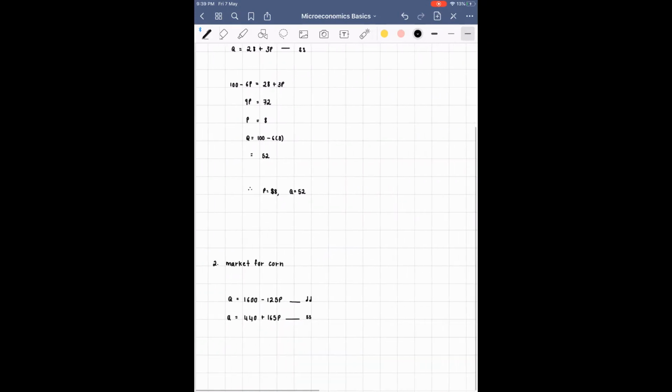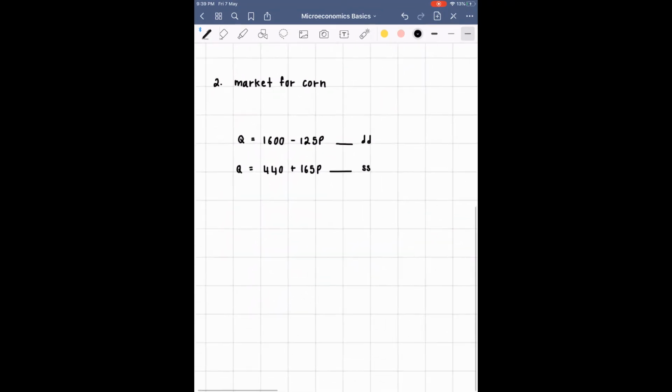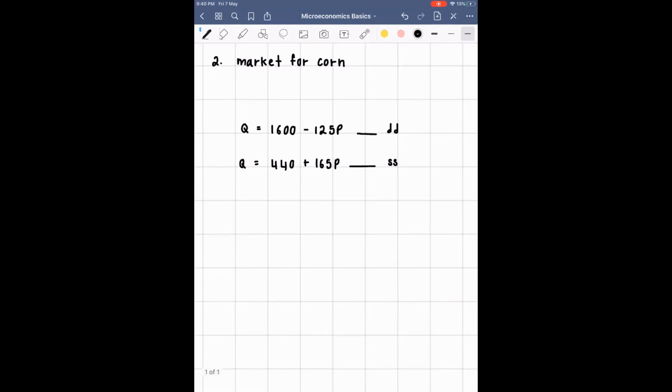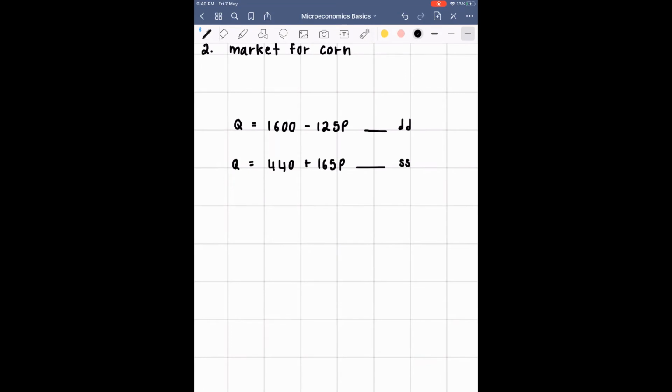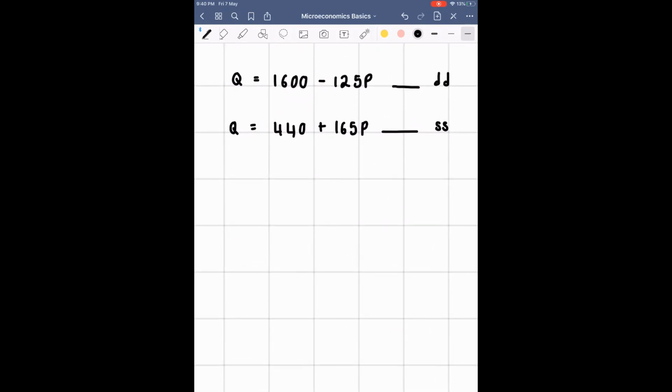Okay then, let us look at another example. Feel free to pause the video and try this question yourself too. But let me do this to solidify the concept that we learned earlier. Similarly, we have the demand function given to us and the supply function, and we're going to do the same thing that we did in the previous question, which is to equate the quantity demanded and the quantity supplied. Doing so, we can write this